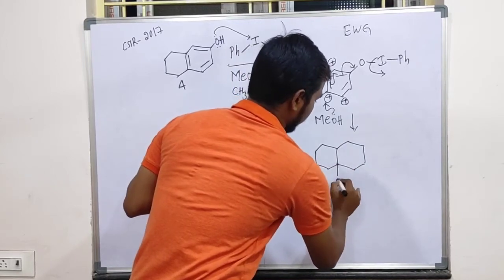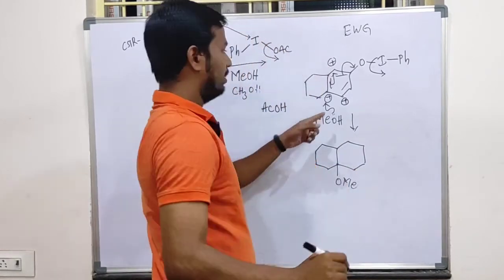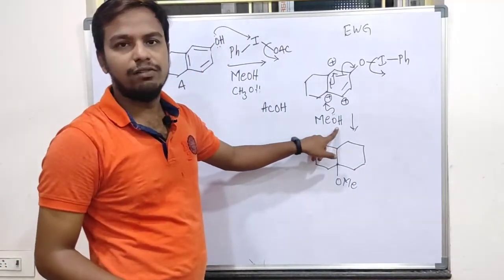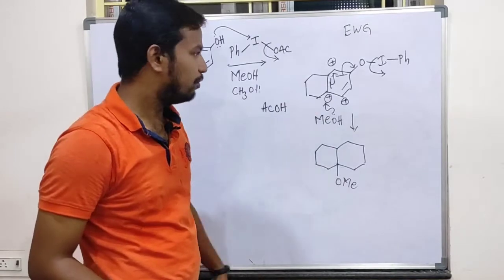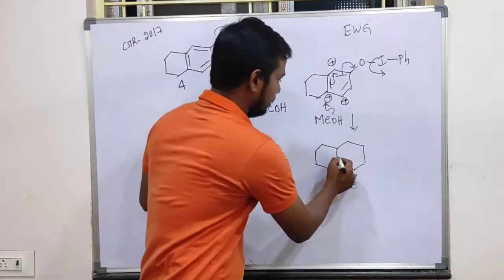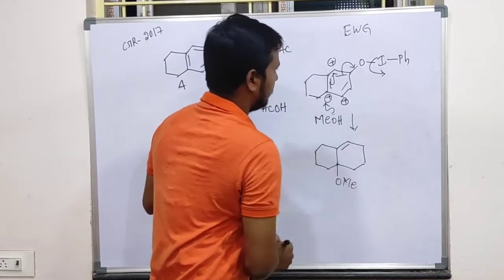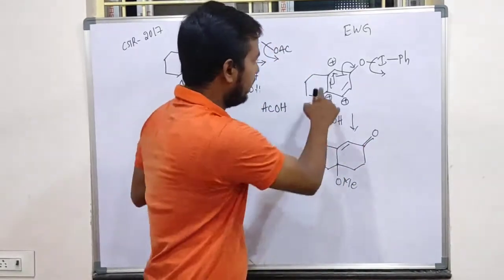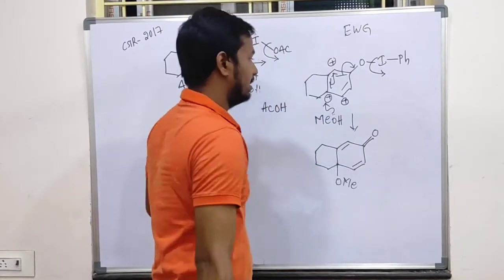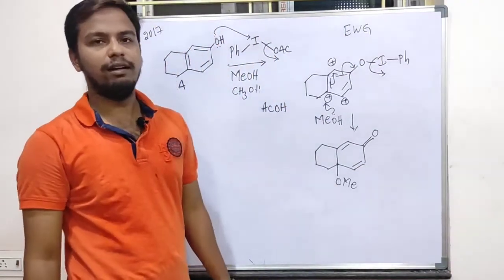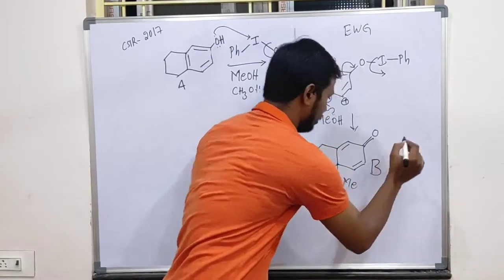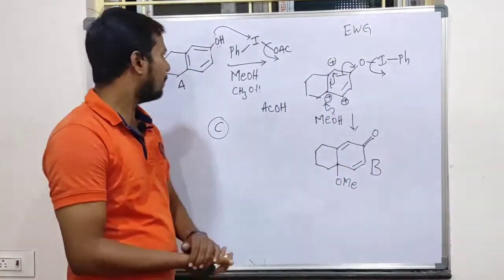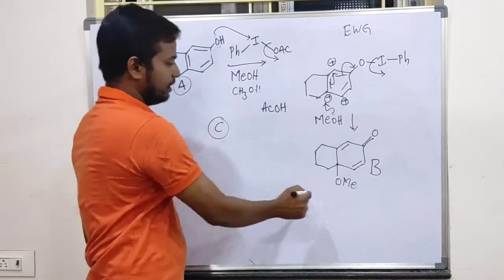so methanol is attacked here, that is an OMe group, you know. So positive charge is generated. In order to stabilize that positive charge, it will take the electron from this hydrogen bond, thereby removing a proton from the mixture. This pi bond is shifted here, so we got a pi bond here, and see here double bond O, double bond O, and the C double bond here remains as it is. So this is the quinone type skeleton we got. This is the product B. I hope this option is C in the examination if I am not wrong. So we got both A as well as B.